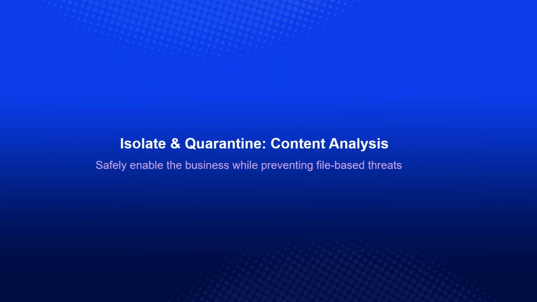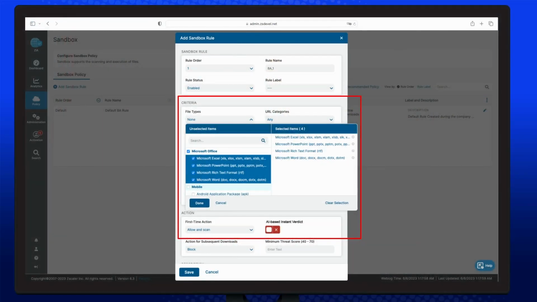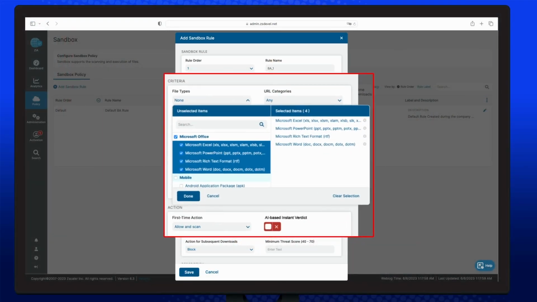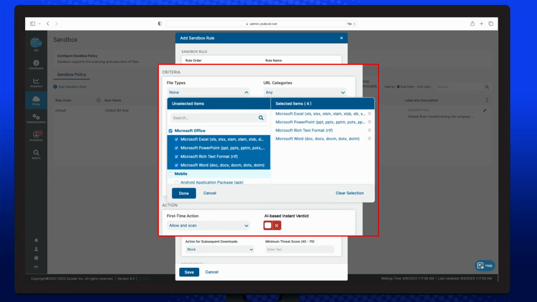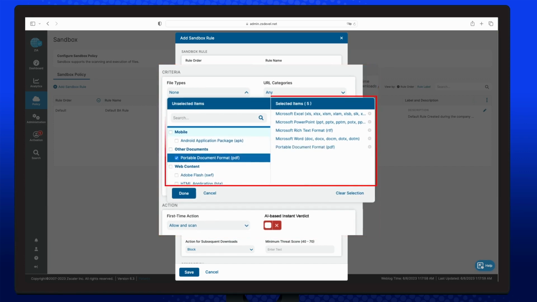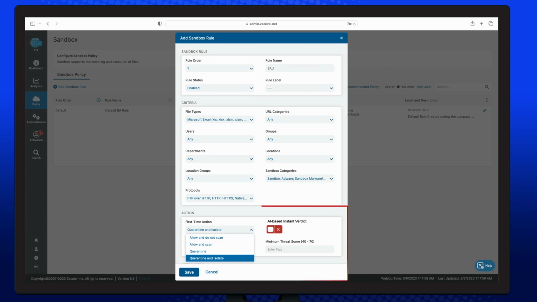One such capability that we are introducing is bringing together our isolation service, which is pixel streaming from the cloud, a lot of you use it, and our cloud sandbox service. So in this case, I'm going to walk you through an example. What we are doing is picking specific file types, like Office 365 files. I'm also picking a PDF file example here. And what I'm doing simply here is setting up this new policy criteria, which is isolation